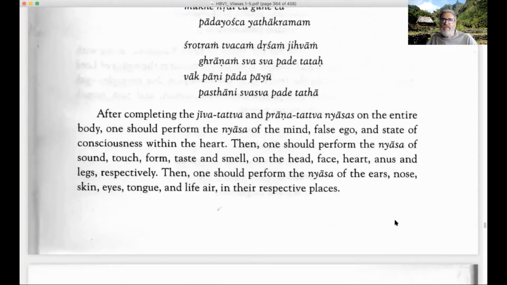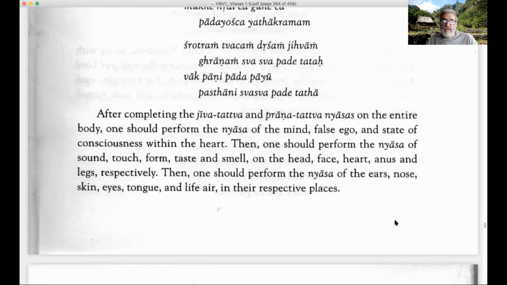After completing the Jiva Tattva and the Prana Tattva nyasas on the entire body, one should perform the nyasa of the mind, false ego, and state of consciousness within the heart. Then one should perform nyasa of sound, touch, form, taste, and smell on the head, face, heart, anus, and legs, respectively.